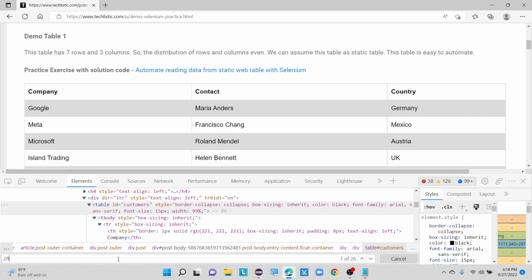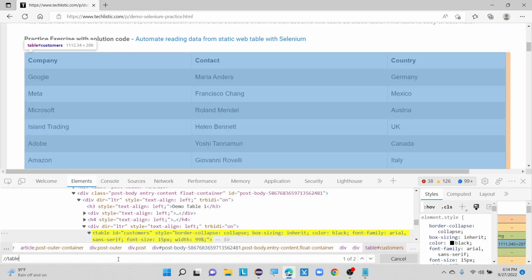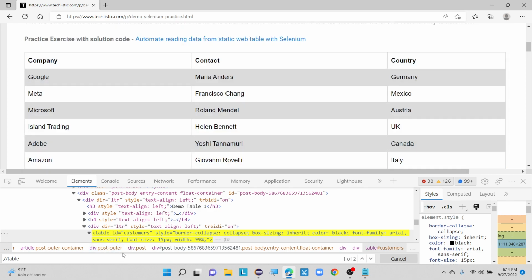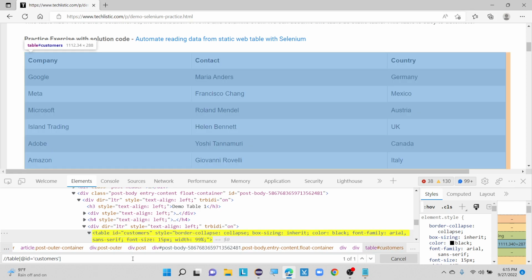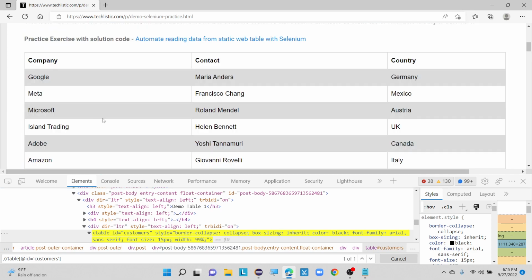So I am using table. Okay, table, here you can see table, and what is the attribute here? That is @id. I am going to use @id equals to customers, right? This is my XPath for this particular table. Now I am going to count how many rows are present inside this particular